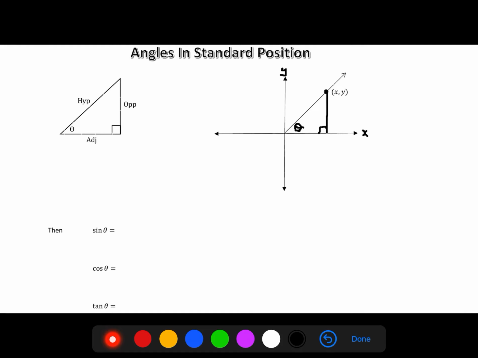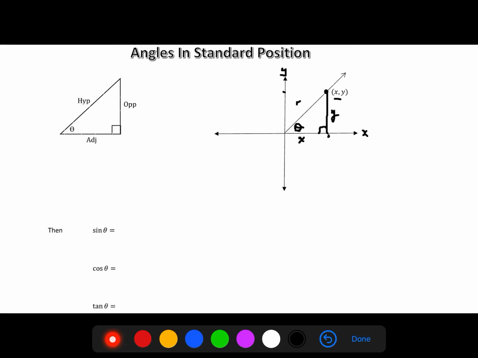So creating a right angle triangle between the point itself and the x-axis, we can take a look at those values. Well, this right angle triangle then has measures of x on the bottom, y on the side, which are just our x and y values of the point, and r is the